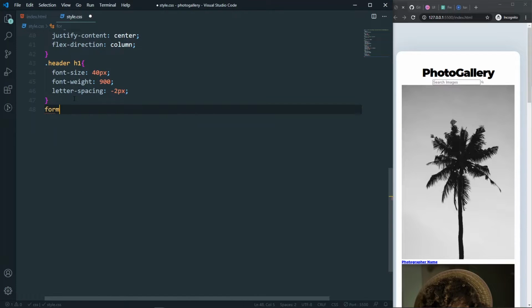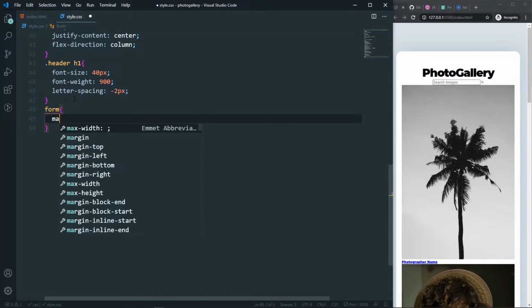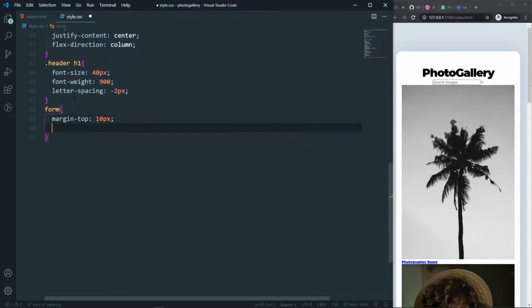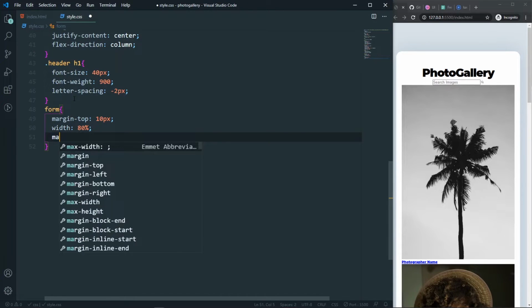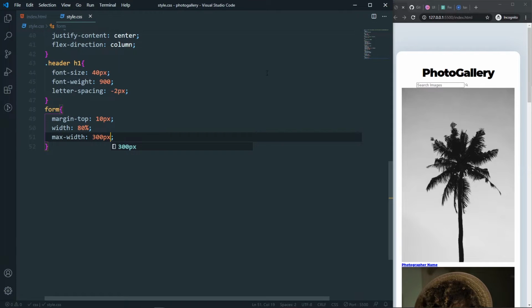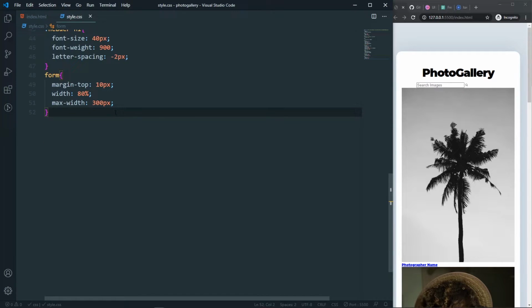So form, and let's say that margin top will be something like 10 pixel, and width will be 80%, and also say that max width will be 300 pixel. So now it is having something like 80% of the width. And after that, let's come to the input